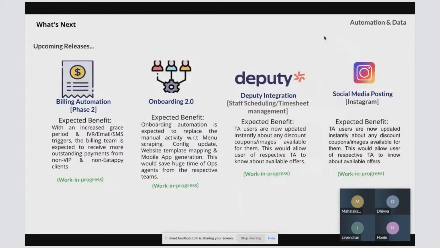Let me move on to some of the items lined up next. In the upcoming releases from the automation data team, we're working on billing automation 2.0. This would additionally include all the outstanding payments of the non-VIP and non-ETP clients that are overdue. So we are trying to extend the timeline for them so that they would get more grace period, and we would automatically trigger all the IVR calls so that we receive the dues from